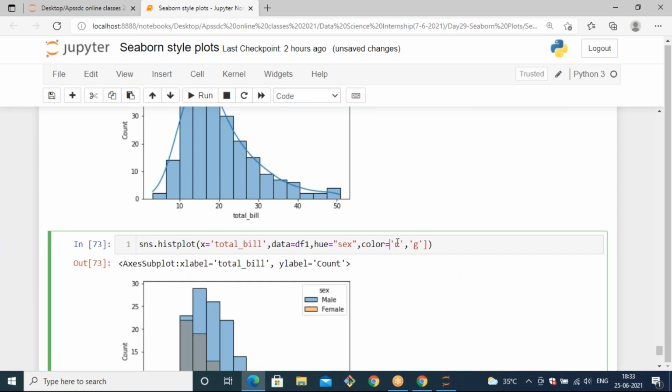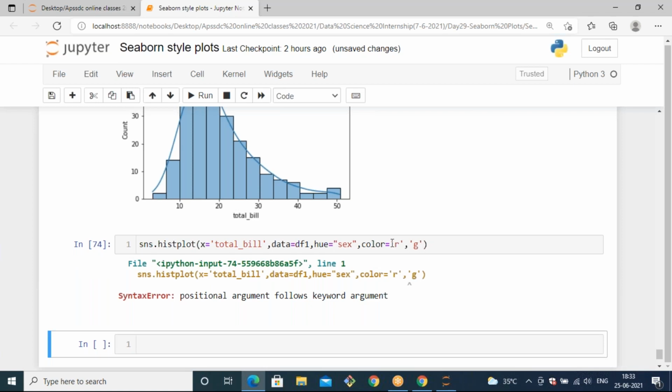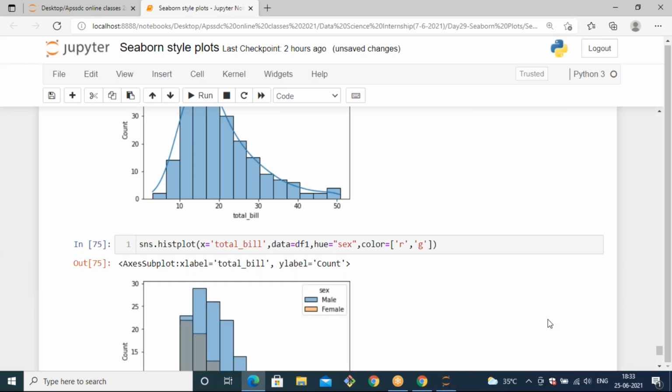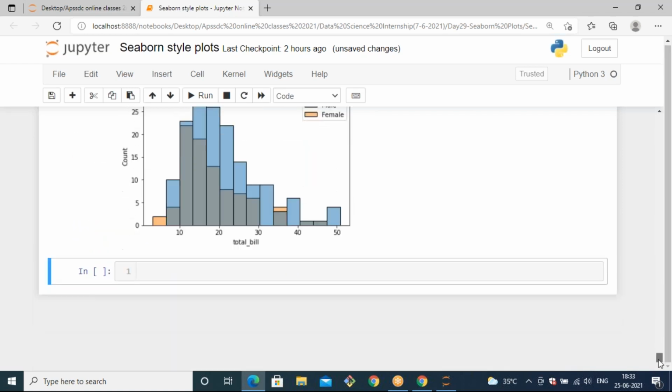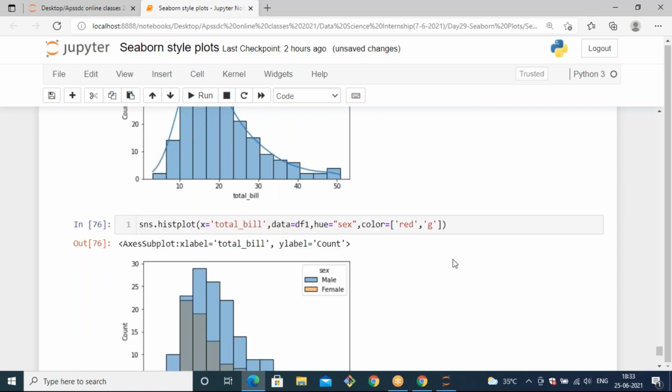And so we are not going to describe it. See, it is not changing the colors. I don't know why, but it is also not raising any error.